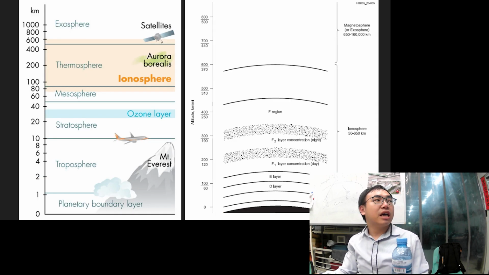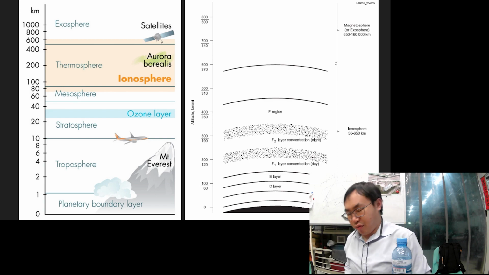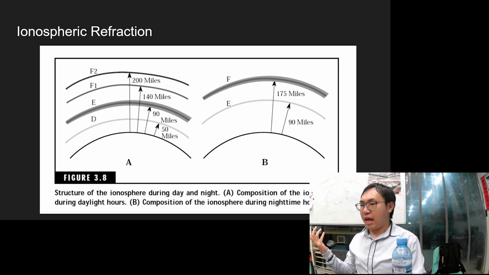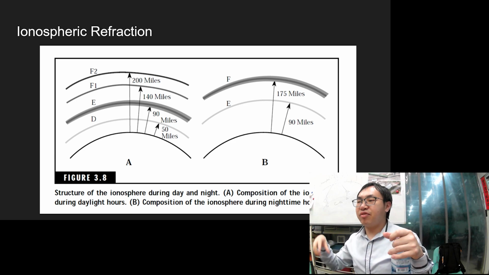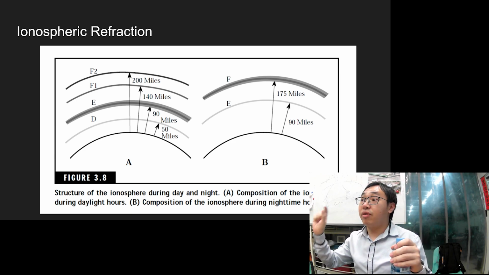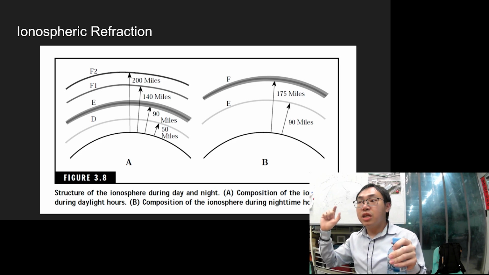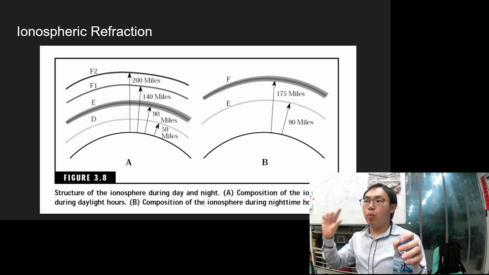For the ionosphere, they got different layers called D layer, E layer, F1 and F2 layer. Okay, they got 4 layers. You have to remember it. And because, as we just mentioned, the ionosphere is because of the abundance of ions, right? It's about the UV and X-ray, right? So the ionosphere will change